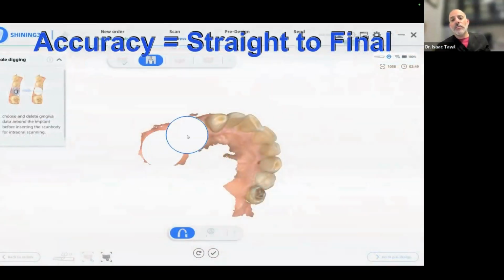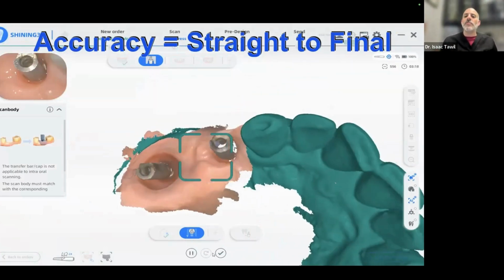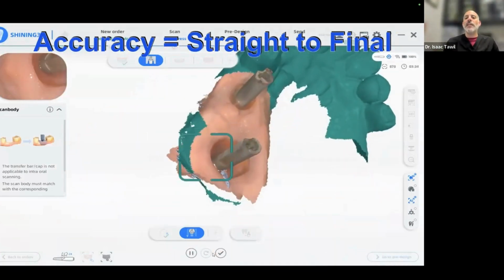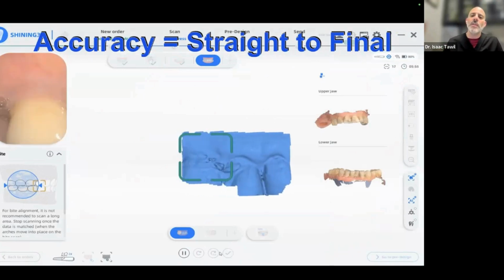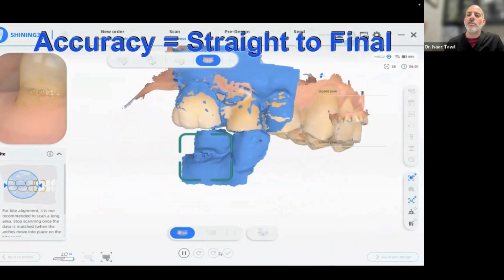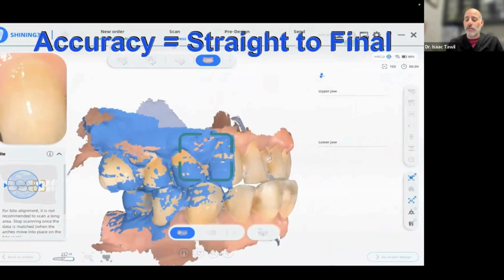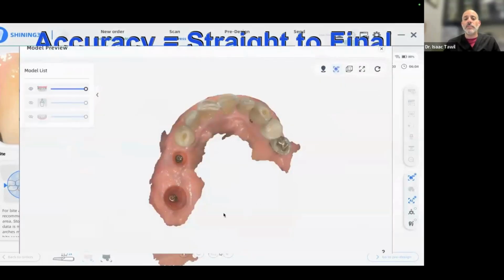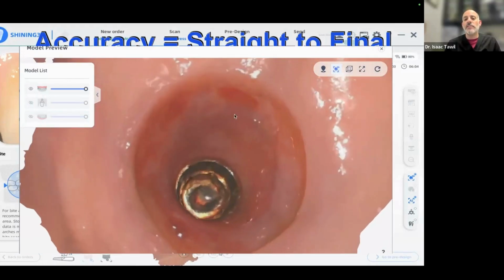What really shows me if I can do some good work, or have good accuracy, is if I take a case that is a timed case, meaning I'm going to engage the timing of the implant, the hexagon, the trilobe, the octagon. When I take my records, if I get a really good scan, if I can go straight to a final for a 3-unit screw-retained bridge, engaging abutments, then I know that I'm getting some really good accuracy. And as you can see here, you can zoom in again. Just look at the fine detail that this is giving you. You can almost see the screw hexagon inside the implant.